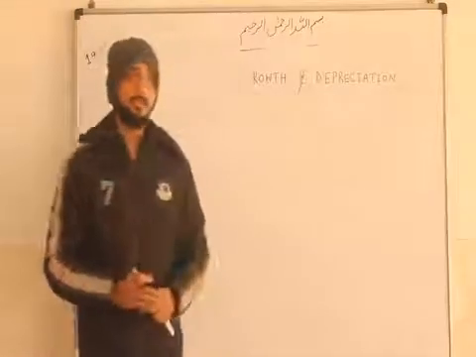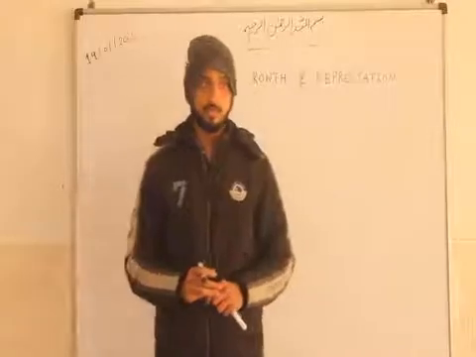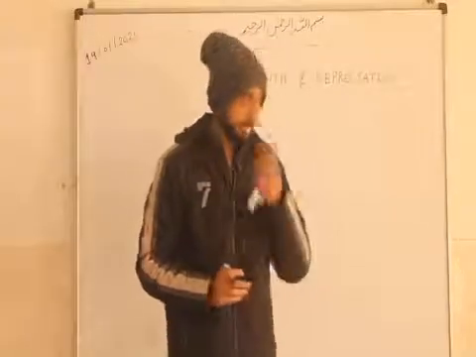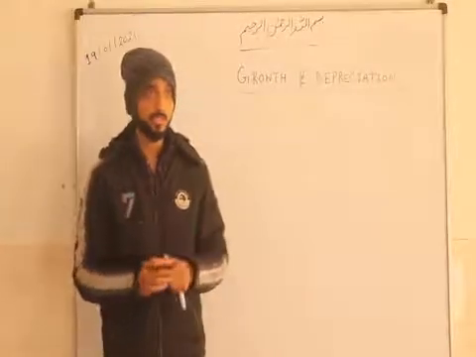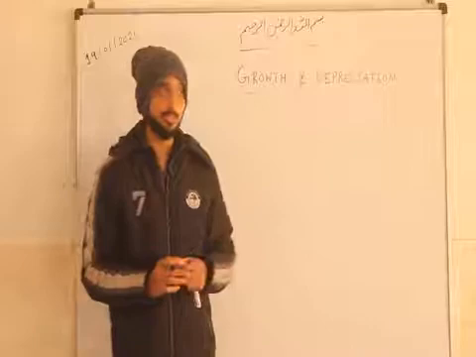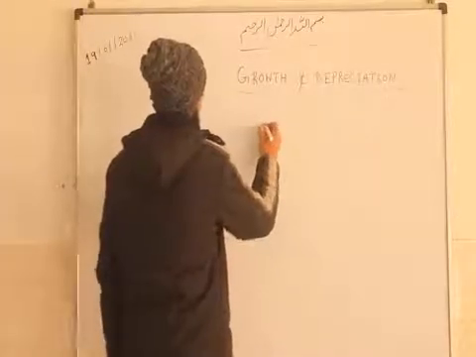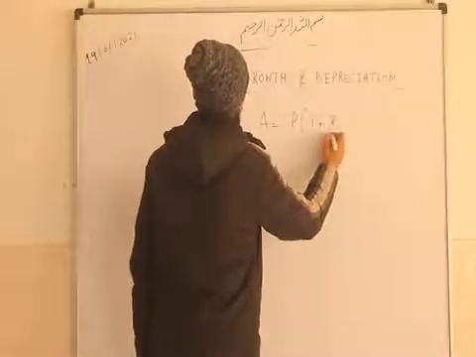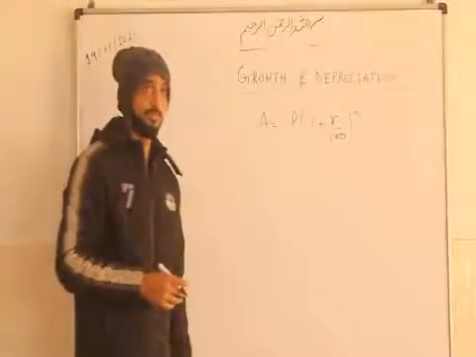Okay, so it is the same as what we have learned about how to find the amount when the principal is given and the rate of interest is also given. The same things we will use here, only the concept is changed, but all the formulas will be the same. Like we know that the formula of amount equals P (1 + R/100), to the power N or T, that is the number of years.